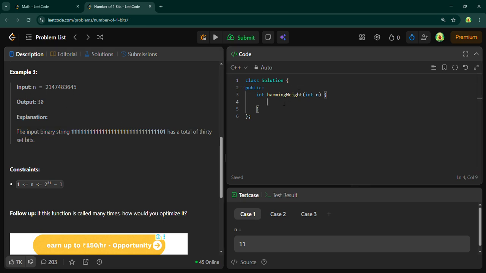So let's do this. First I will declare int count equals 0, which will store the number of ones in it, while n is not equal to 0, and this will AND with n minus 1, and then you just have to do count plus this, and after this you just have to return the count. Okay,